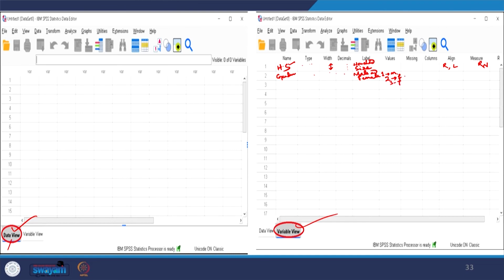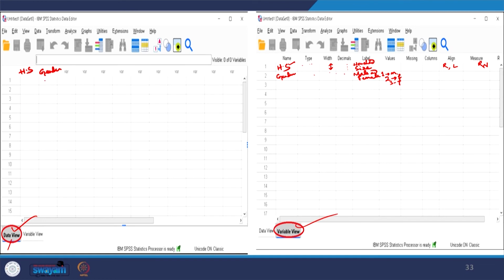Accordingly, in the data view all your entries will go like this. On the column side you can see your variables. It automatically shows household size, and next it shows gender, since you have already entered it.